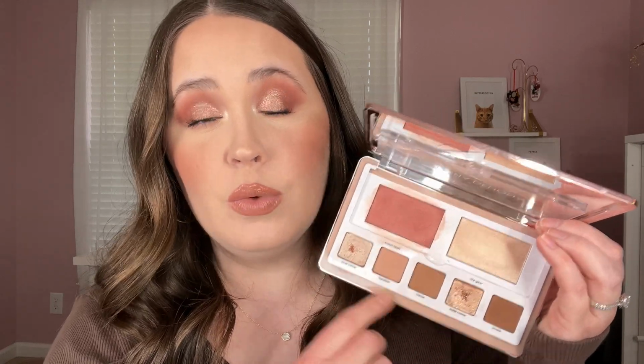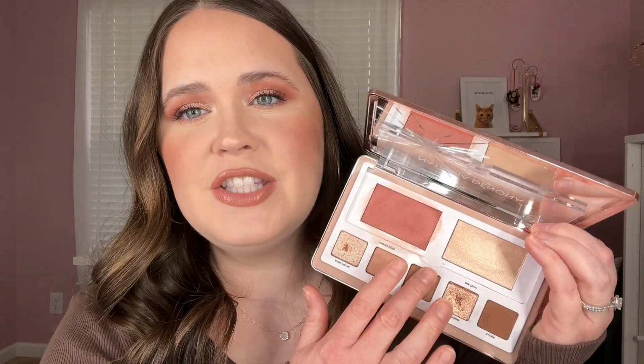I don't really use these two too often. I like them, they're pretty, but they're not like my go-tos. But these shades down here are really, really pretty. The 3 mattes you get are a perfect depth in my personal opinion. This is perfect for a transition. You can deepen with this, you can deepen a lot with this or line with this. And I just think that for my skin tone, these are really great shades for that neutrally brown, smoky sort